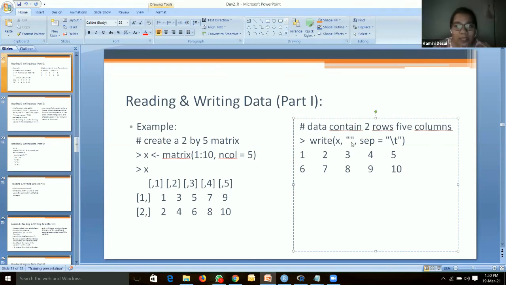So you can give any file name over here, and sep is equal to true. Ma'am, in the file name that we give, do we have to add the extension? No. Yes, you can give a txt file or whatever, you can try. See how it gets saved, or whether it is giving any error or what.